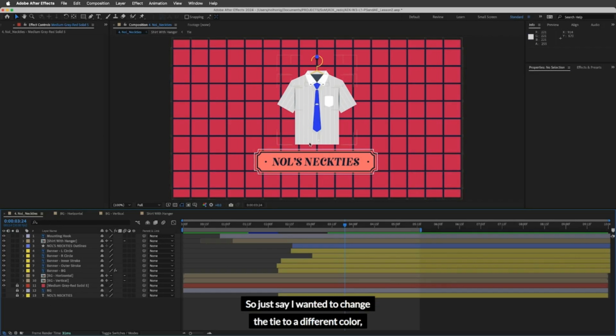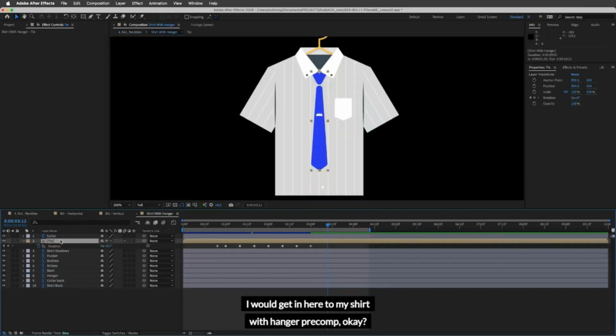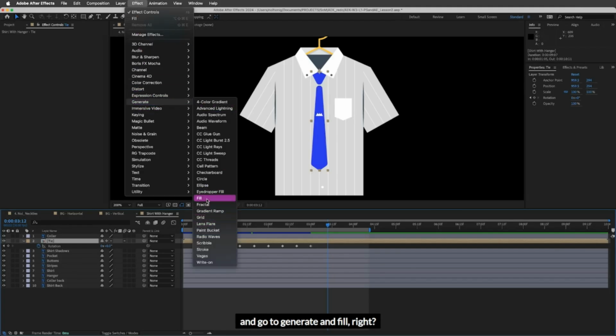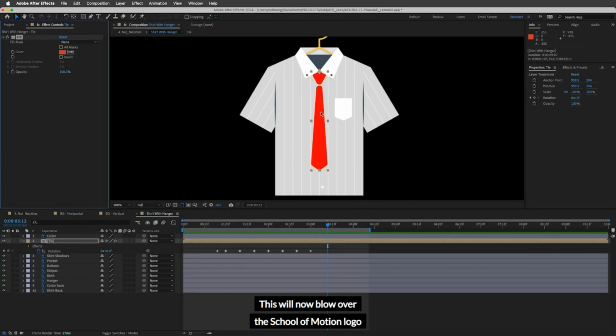So just say I wanted to change the tie to a different color, right? I would get in here to my shirt with hanger pre-comp, okay? And right now I've got this pre-comp with the tie in it. And if I apply a fill effect to this, what'll happen is it will change the color of both the tie and the School of Motion logo. So if I go up here to Effect, and go to Generate and Fill, this will now blow over the School of Motion logo and fill the entire pre-comp with red, which I do not want. If I get rid of that,